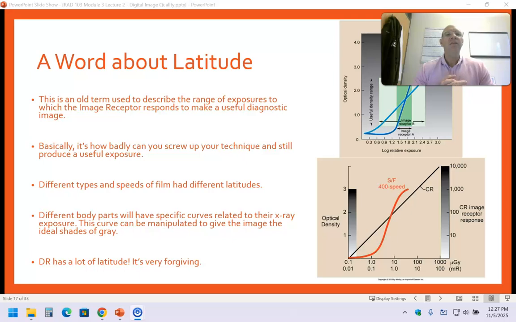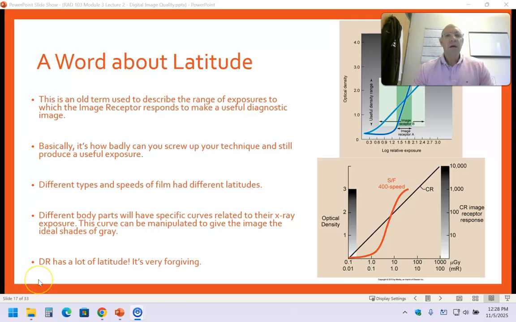With digital, we have a lot of latitude. We have a lot of things that can kind of save our bacon if we use the wrong technique. Software that we use, and the digital values of each pixel, all of the shades of gray that we have, allow us to kind of make up for the fact that maybe we took a bad picture. And so digital X-ray has great latitude, and that allows us to fix an image even after processing, which is